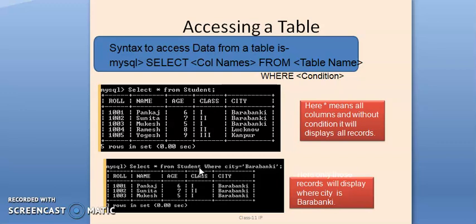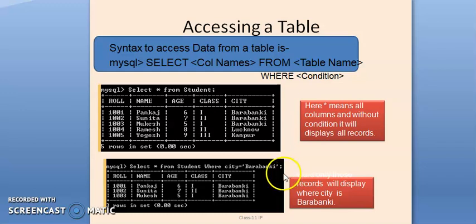Here we will use a specific clause, the where clause. On which column do you want to apply the criteria? On the city column. And which value do you want, that is, from which city do you want the students? City equals Barabanki, and you have to write the city value Barabanki in single quotes, because, as you all know, city can contain char type values, and char type values we write in quotes.